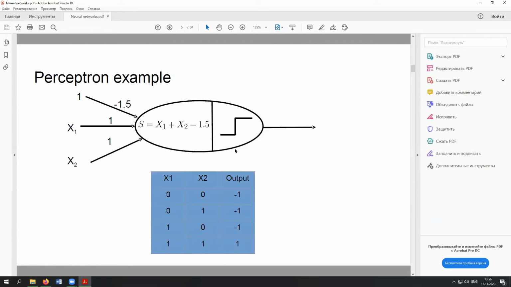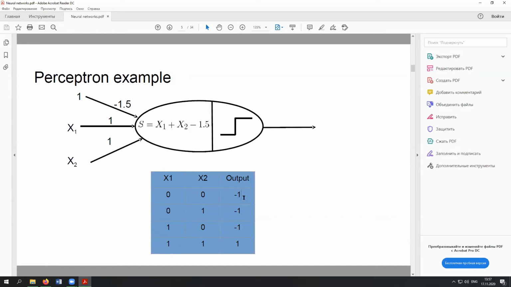For example, if we have the weights like this, what will we have with exactly these weights? You see that if we have x1 with weight 1, x2 with weight 1, and 1 with the weight minus 1.5, that would be exactly this formula for the sum of these parameters. And if x1 and x2 may have only 0 or 1, then we will have